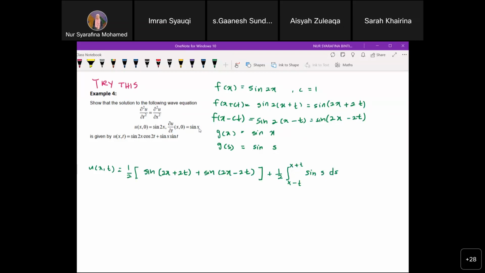Okay, so we have here, integrate sine, you should have negative cos s, from x minus t to x plus t. So give you 1 over 2